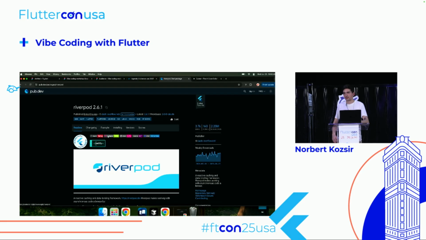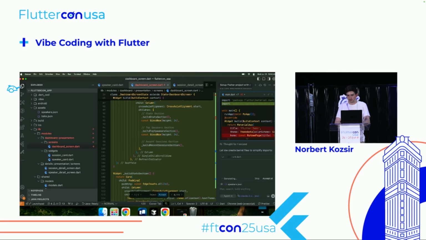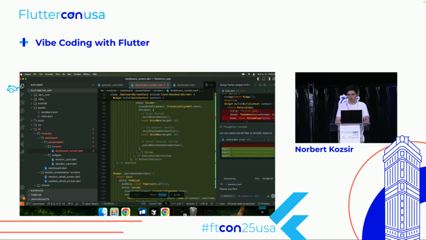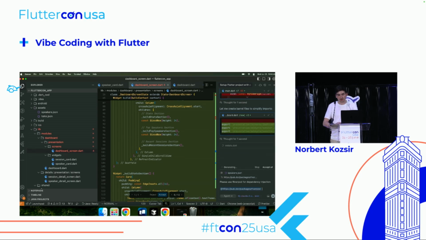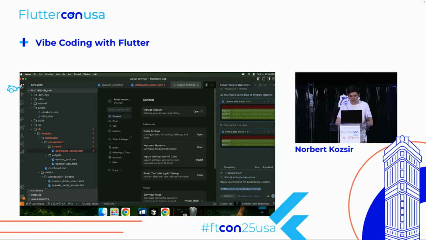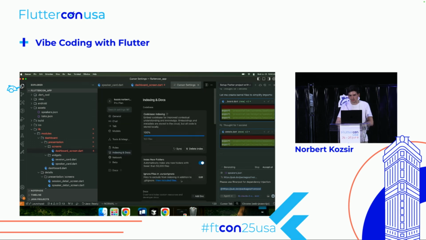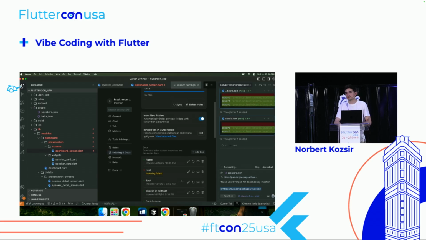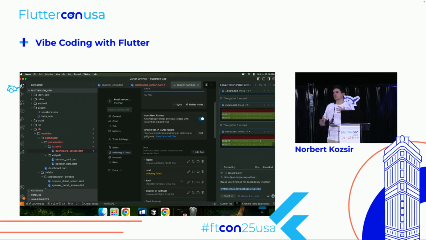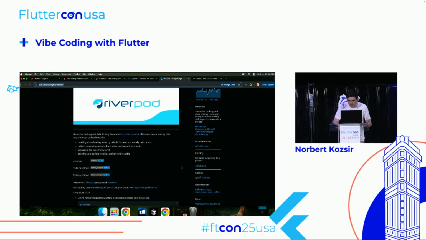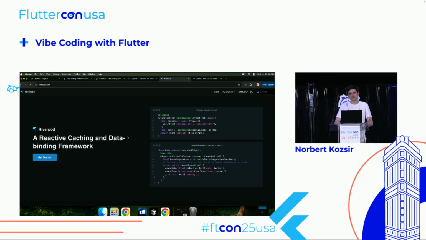But for Riverpod or anything, it's great to give some context. So what I like to do is, first off, in the prompt: please use Riverpod for dependency injection. I paste a link to Riverpod, and the cool thing in Cursor is if you go to indexing and docs, I'm not sure how it is for different AI IDEs, but a lot of tools have this, you can add a doc, meaning Riverpod has a website, and the website has a bunch of documentation that you can read and see.